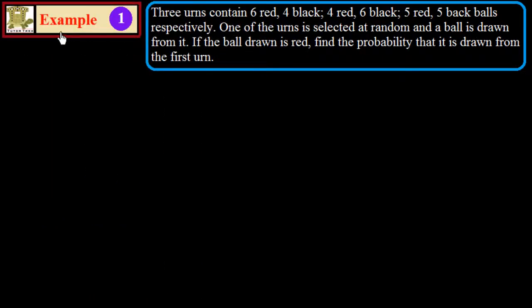Let us see one example. Three urns contain 6 red and 4 black, 4 red and 6 black, and 5 red and 5 black balls respectively. One of the urns is selected at random and a ball is drawn from it. If the ball drawn is red, find the probability that it is drawn from the first urn. So we have 3 urns, and we know that the probability of selecting each urn would be the same. So E1 is the event